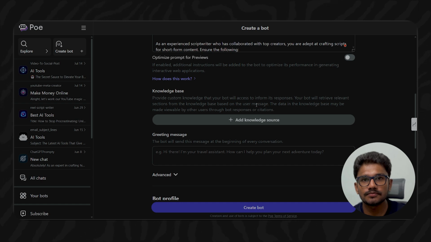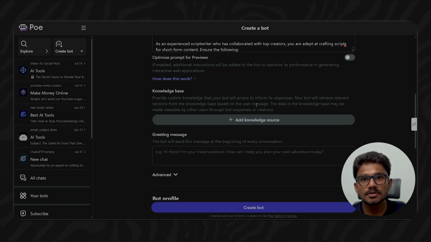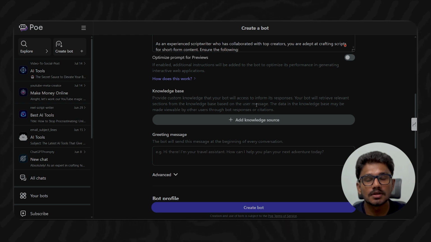So in this particular platform, if you give any information into the knowledge base, it can be displayed when generating the responses on the user end. This is going to be a problem if you have some secrets that you want to store in the knowledge base and generate responses based on it, but not entirely display it to the user. If that's not the case, and if there is no problem in displaying the knowledge base content to your user, then you can upload the knowledge base as well. But if you don't want to show your user what's exactly in the knowledge base, then I'll be creating another